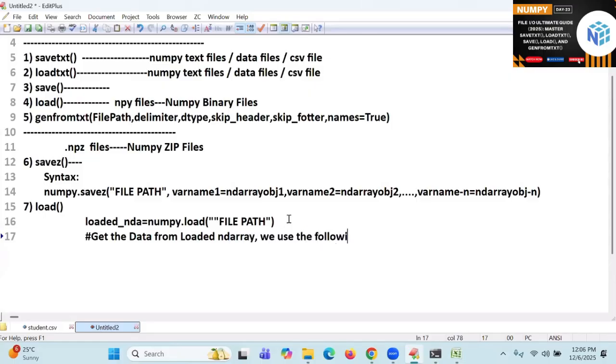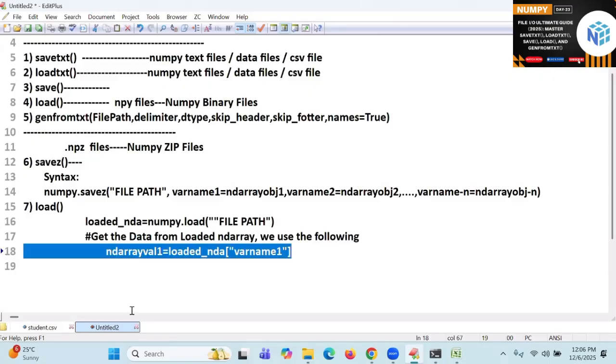I'm going to write loaded ND array of square bracket, variable 1. Which variable? Whatever key you used when saving the data, you need to take it. That I will write, value 1.